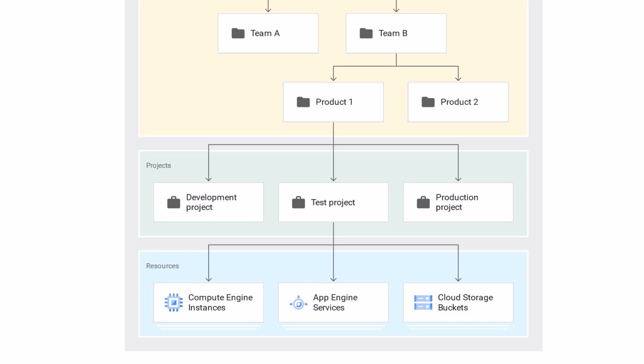A project resource is required to use Google Cloud. It forms the basis for creating, enabling, and using all Google Cloud services, managing APIs, enabling billing, adding and removing collaborators, and managing permissions. All project resources consist of the following two identifiers: project resource ID and project resource number. The project resource ID is a unique identifier for the project resource, and the project resource number is automatically assigned when you